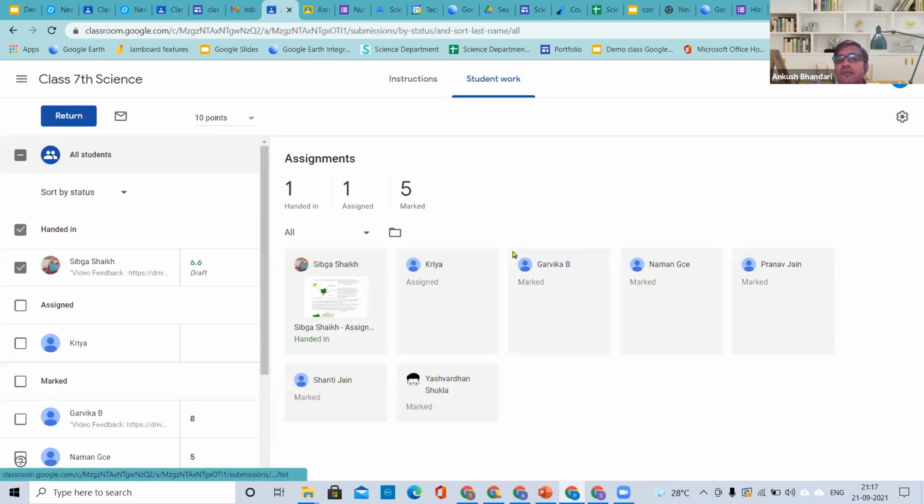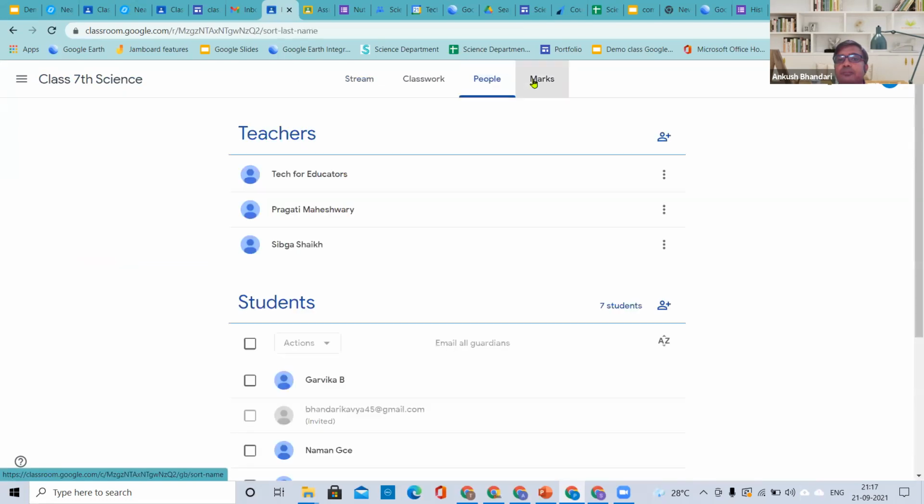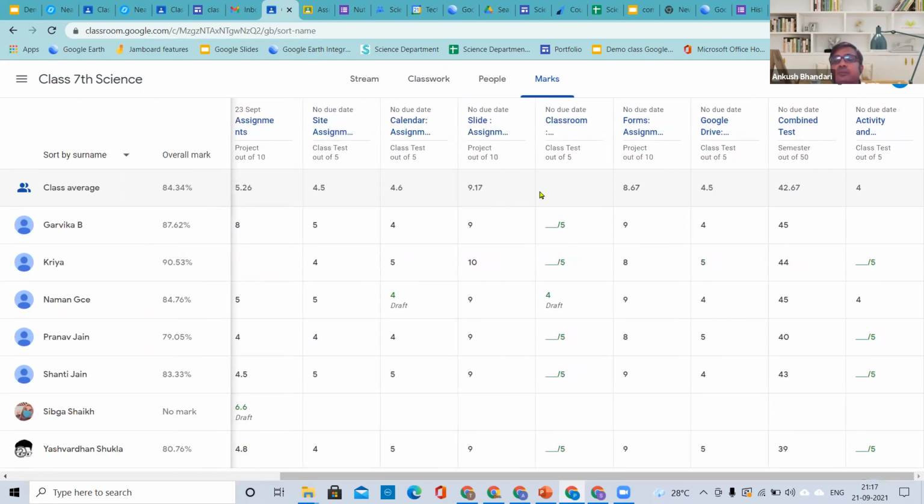So immediately once I've given the marks, all these marks will come to the grade book like this. So as a teacher, if I'm a teacher of any science subject, I can see my overall progress of the class, how many questions, who is submitting the assignment, who is not submitting the assignment. I can see the entire progress of my class over here, right? And you don't have to tally the marks of each assignment in your copy, then keep it in the record for some other reference, then do it again. It's completely automated, right?